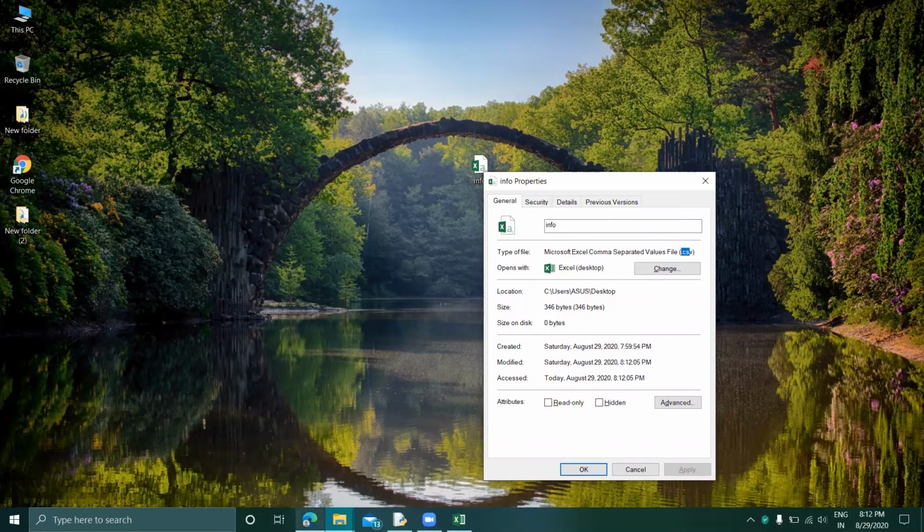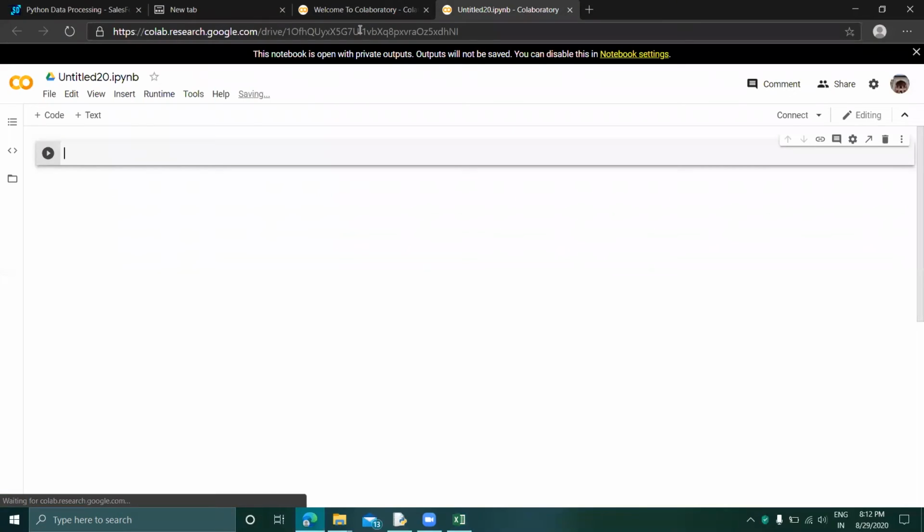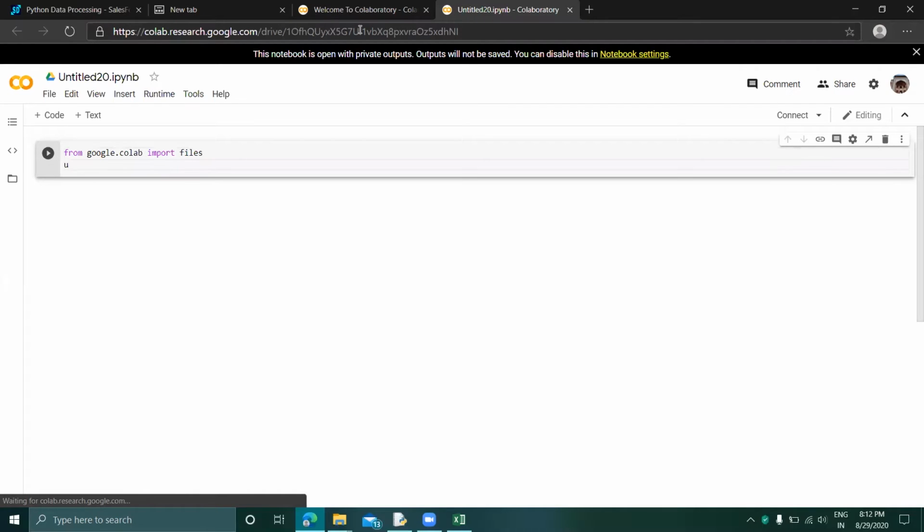So how will we read the CSV file in a Python program? Let's see. From google.colab import files, then uploaded equals files.upload(). Run this program.